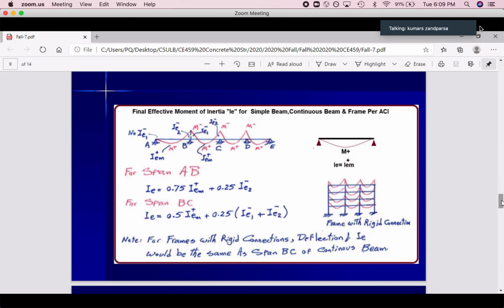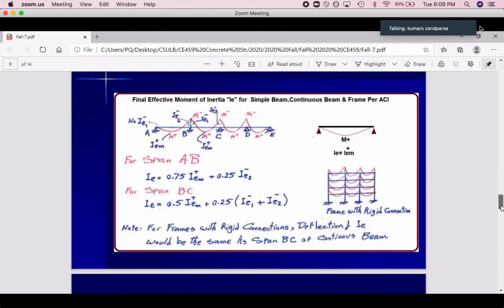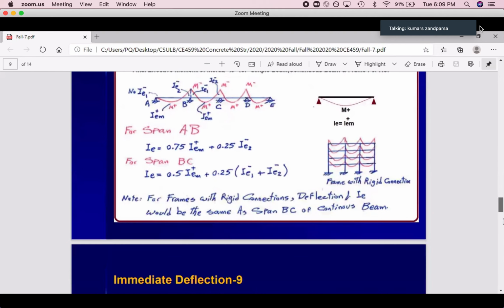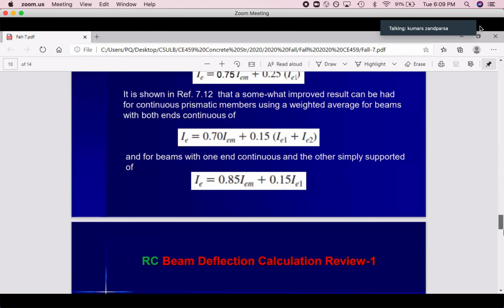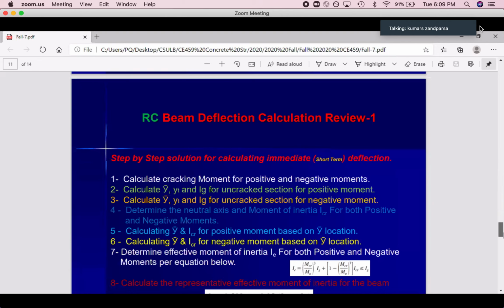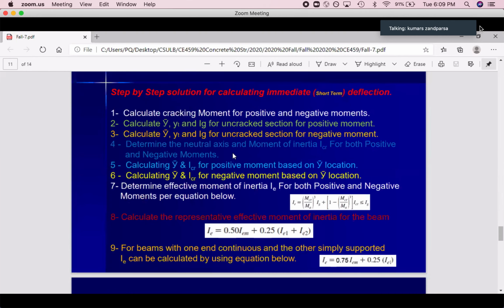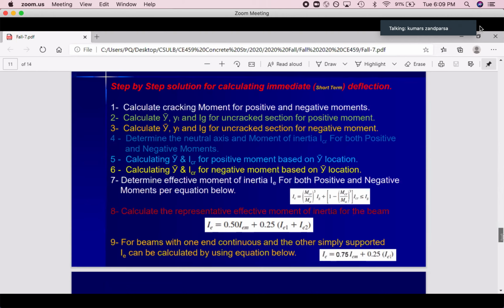Always, this slide will give us all the answers that we want based on the ACI. This is just for your information. I wrote all of it for you, step by step: what should you do, what should you do, what should you do. That's it. Everything that I mentioned, you can see here. Okay, then after this,